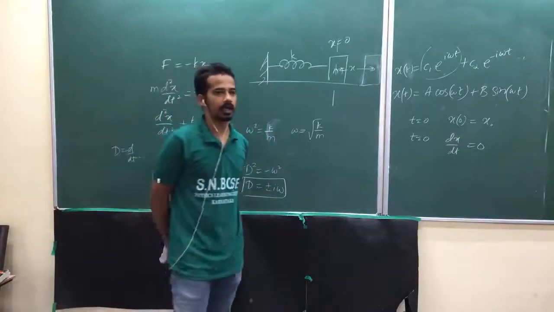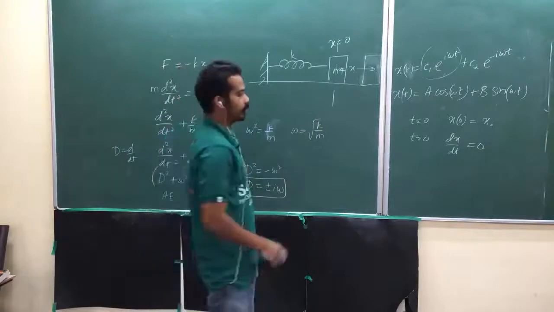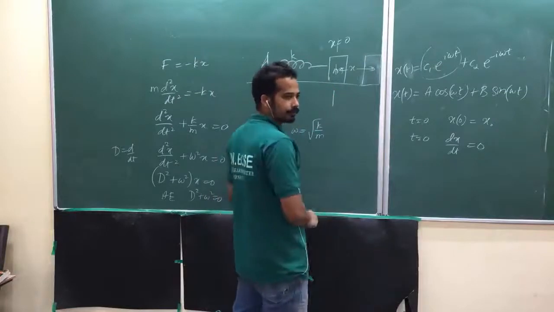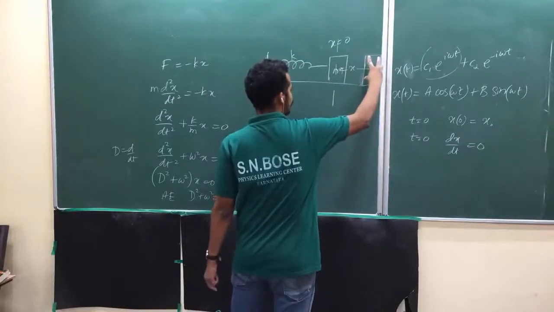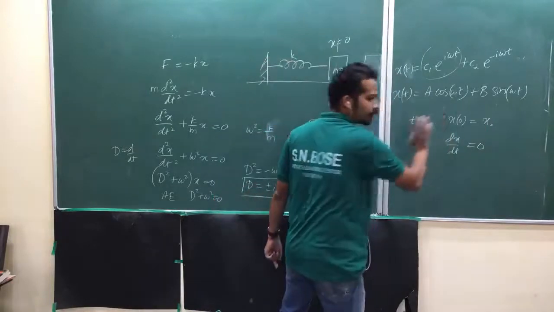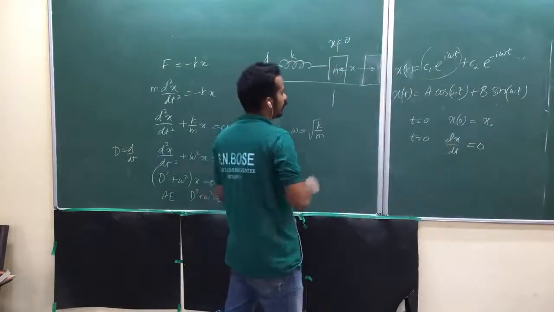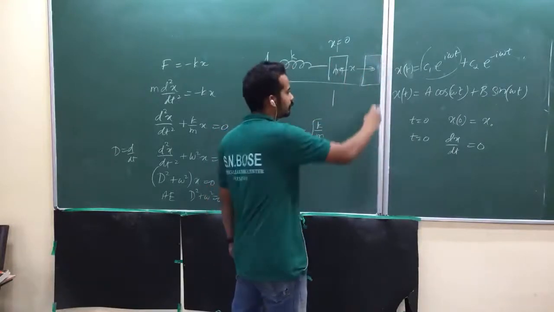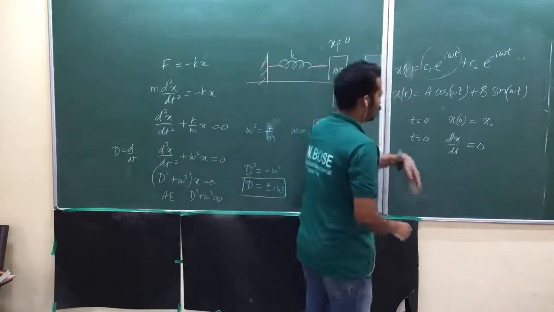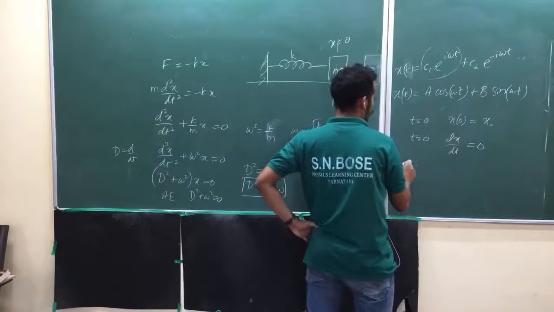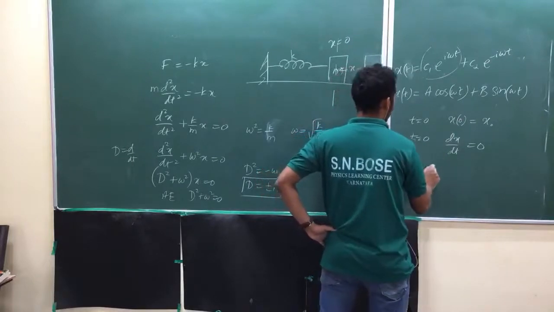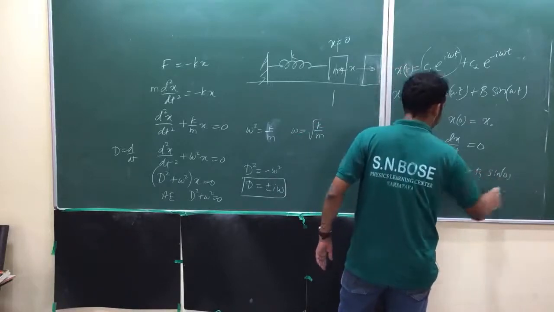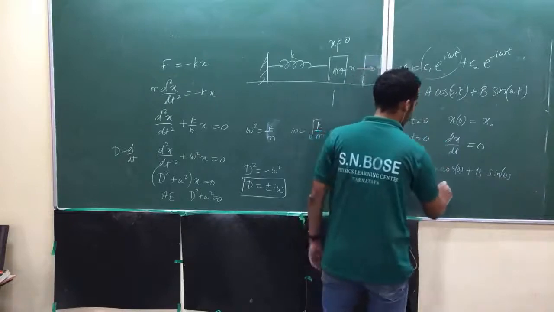I am starting my clock at one extreme position. That means at time t equal to 0, I am leaving the mass here and it will execute simple harmonic motion. My displacement at time t equal to 0 is x naught. Let me take it like that. I am leaving it without giving any initial push, just with initial velocity 0. Now if you substitute these two, you will find the constants. x of 0 is equal to x naught, so x naught is equal to a into cos 0 plus b into sin 0. Sin 0 is 0, so a equals x naught.